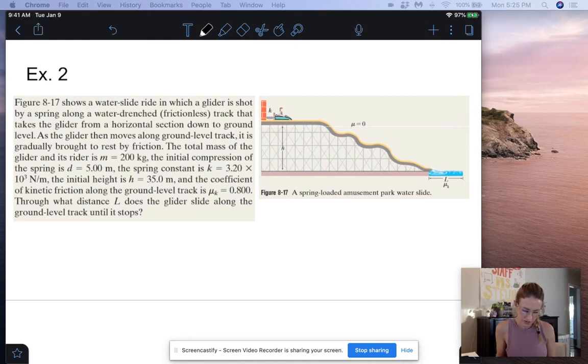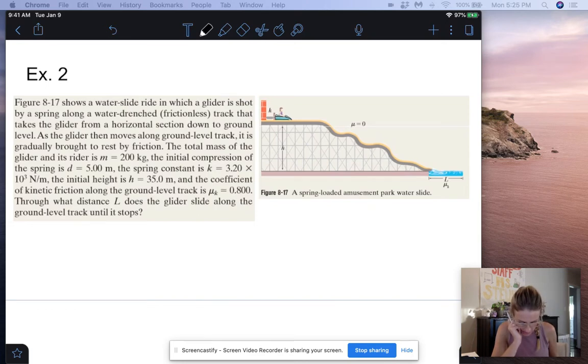Our second conservation of energy problem states that the figure to the right shows a water slide ride in which a glider is shot by a spring along a water-drenched, frictionless track that takes the glider from a horizontal section down to ground level. As the glider then moves along the ground level track, it is gradually brought to rest by friction. The total mass of the glider and the rider is 200 kilograms, and the initial compression of the spring